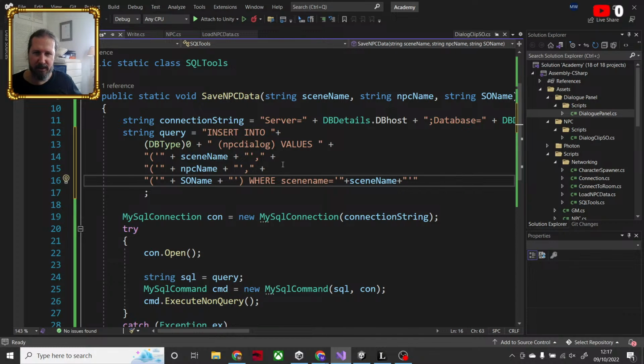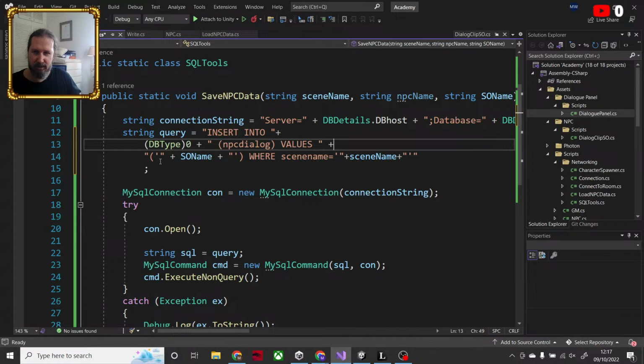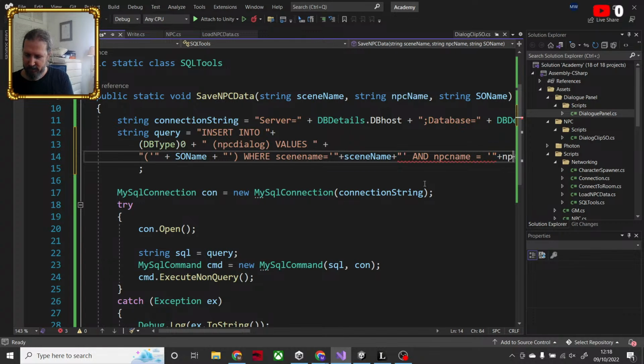All right, I can get rid of those. Yeah, that's all wrong anyhow because I had the bracket there. So values, open bracket, open quotes, the scriptable object name, where that and the player name, NPC name, is equal to NPC name.